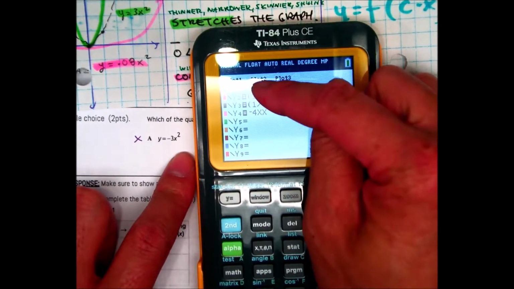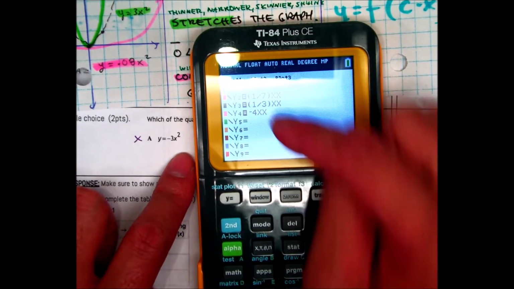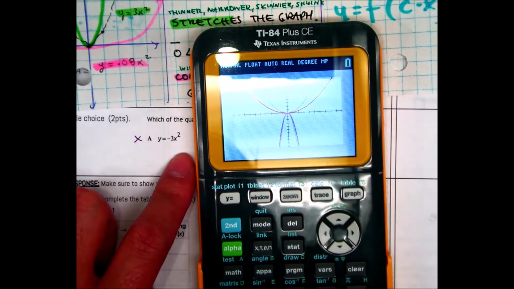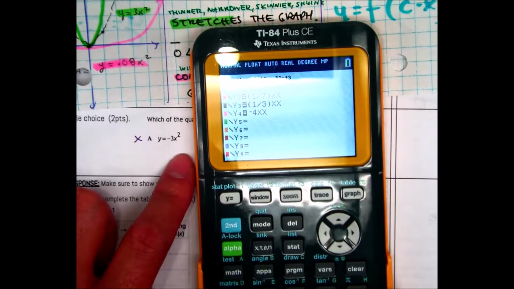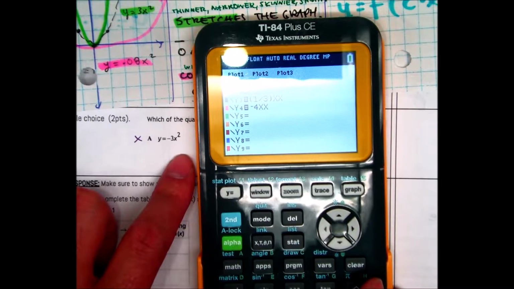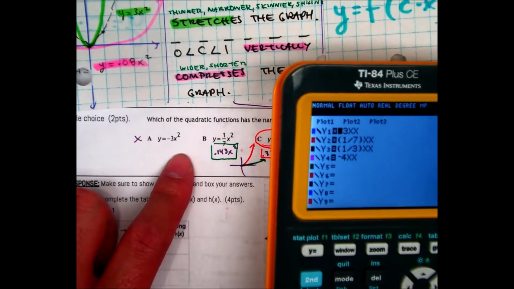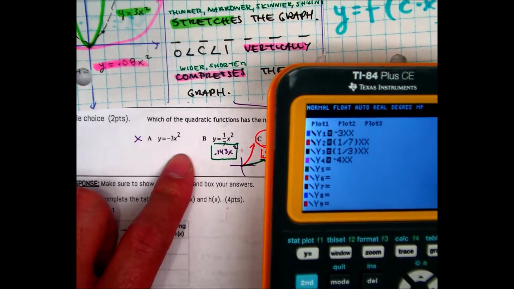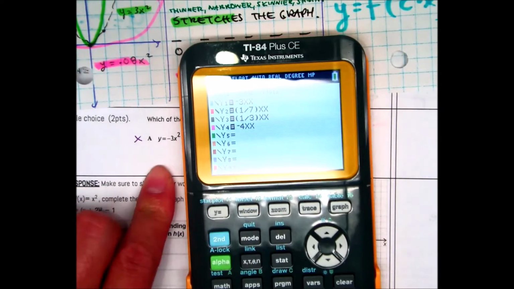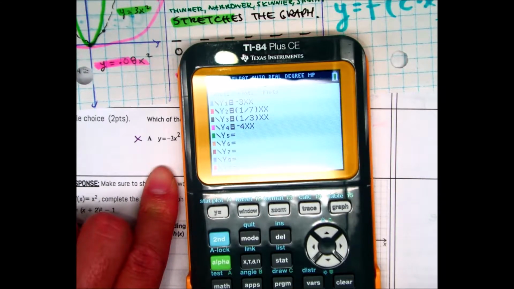So the pink, let's see, looking at our graphs, which one has the skinniest one? That was incorrect. Try that again. The pink graph is going to have the skinniest one